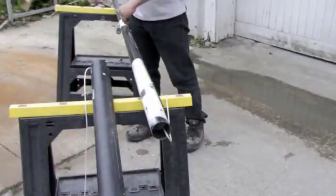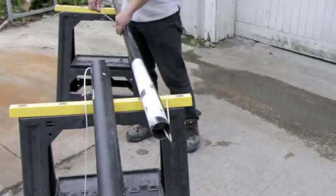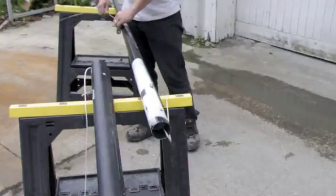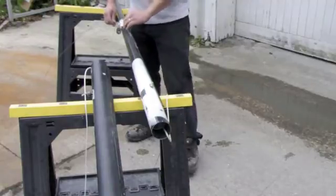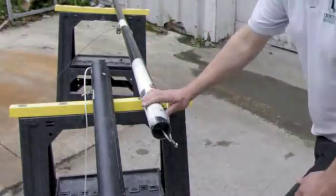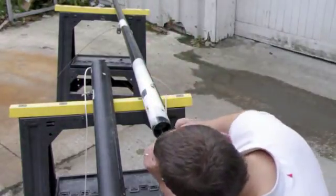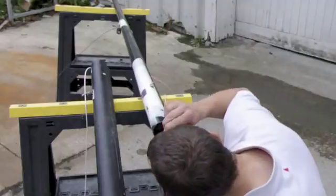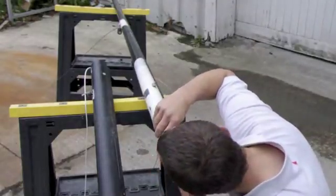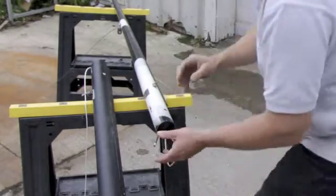Next we need to insert the spinnaker halyard. So again, passing the wire down through the mast so it comes out the bottom. This time we need to check up the tube to make sure the halyards aren't twisted around each other. With the spinnaker halyard being closer to the bottom of the mast, it's easy to see. If they're not twisted,